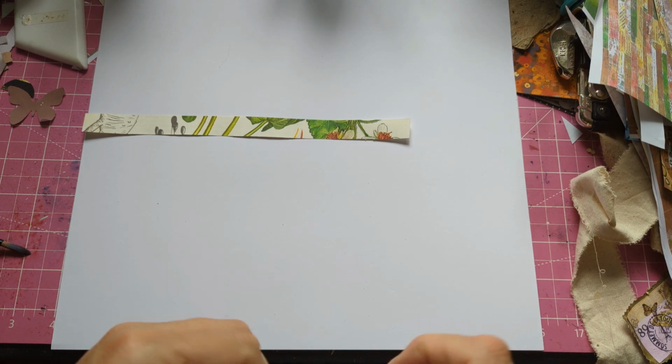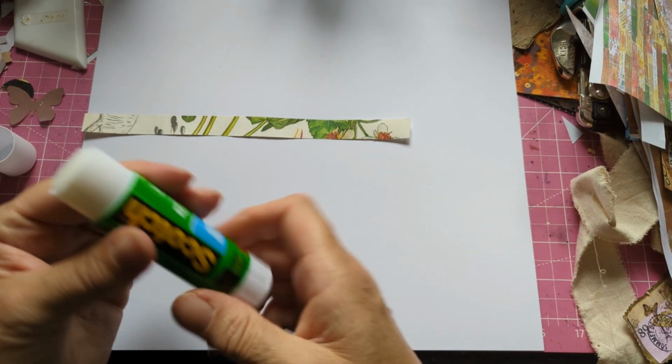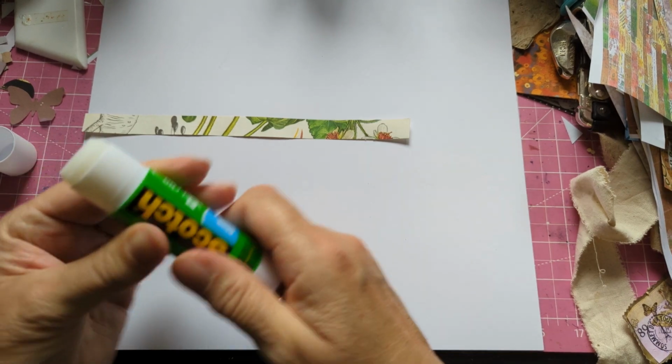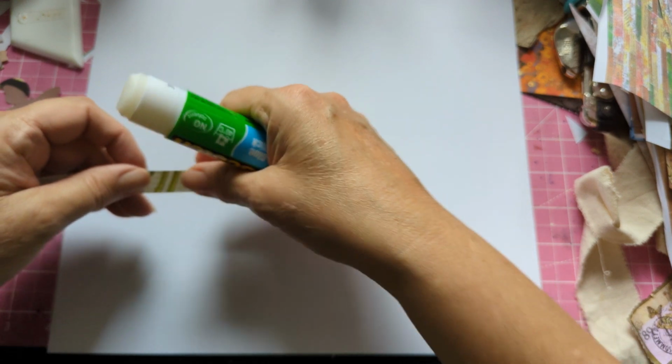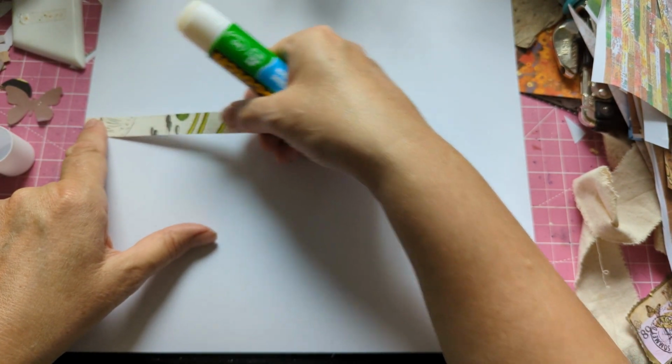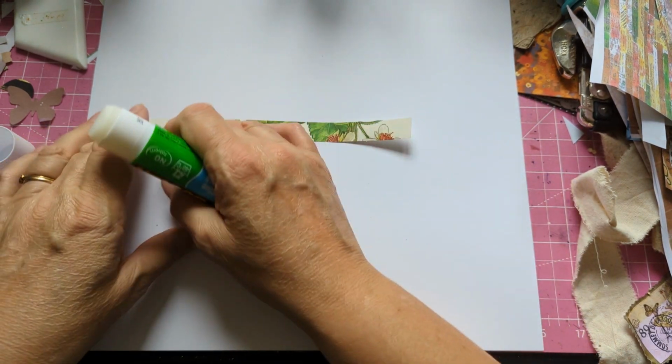Right. So what I'm going to try and do is just glue on the edge. I don't know how it's going to work. I'm going to try and get rid of the glue, because sometimes if I'm painting on the top, which I'm not doing this time, we're going to make at the end some,